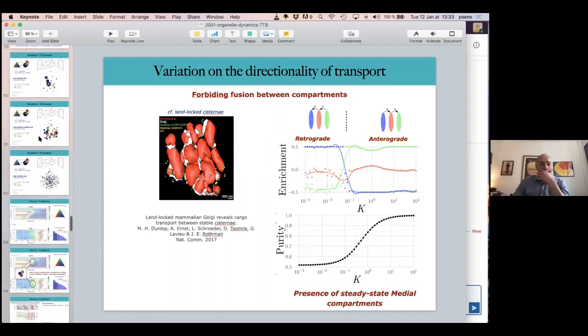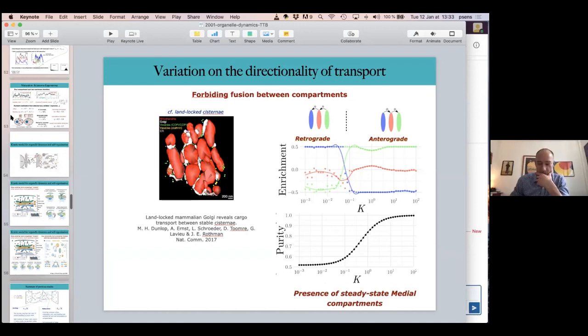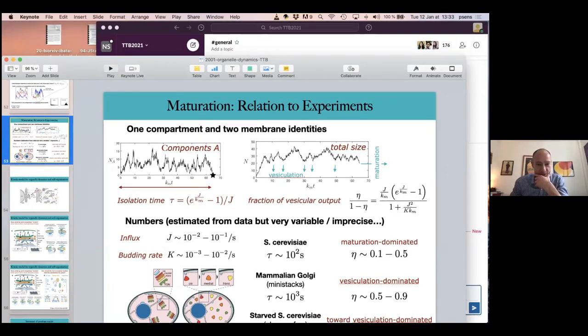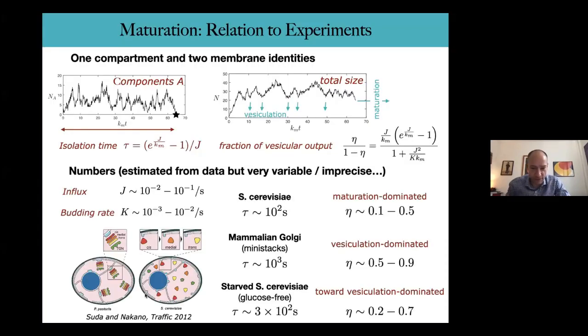Okay, so the first thing I wanted to quickly show, which I didn't discuss, is these results showing what happens when you starve Cerevisiae. Normally you would have cisternae dispersed all across the cytoplasm. When you starve it, you see the appearance of what are called Golgi mini stacks, which means